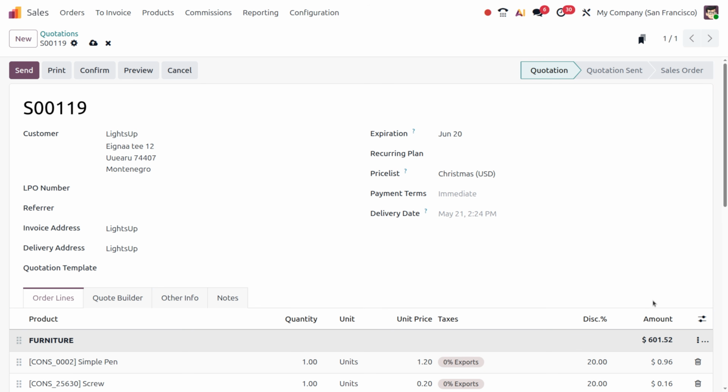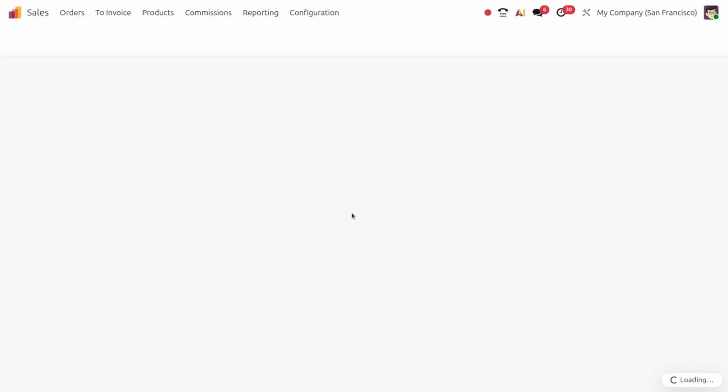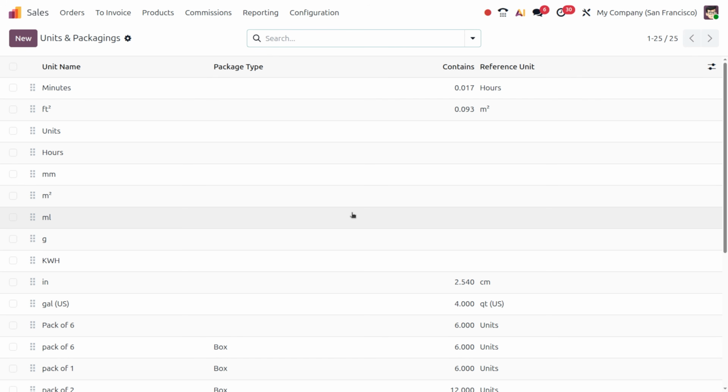Now let's move on to the other feature of Odoo 20. That's the expected feature of Odoo 20, which is the price rules per package type. So here we can define the specific price rules per package type. For that, first we need to ensure that we have enabled the units and packaging. So for that, you just need to enable the units of measurement from the configuration settings of the sales module,